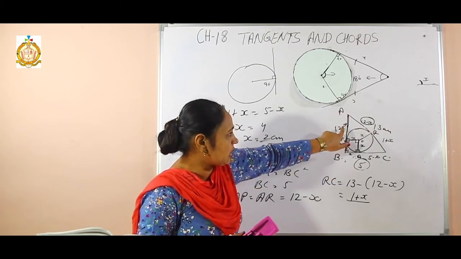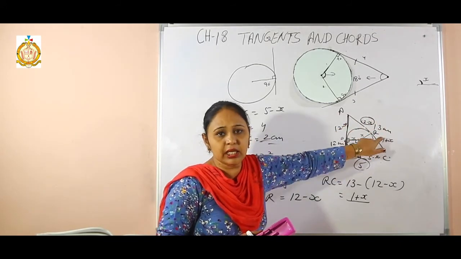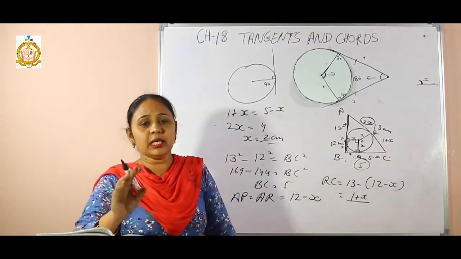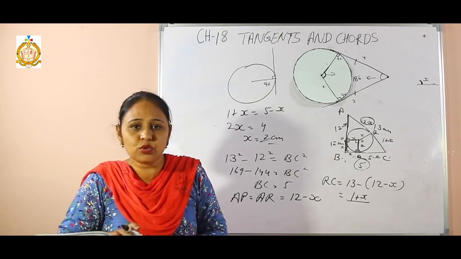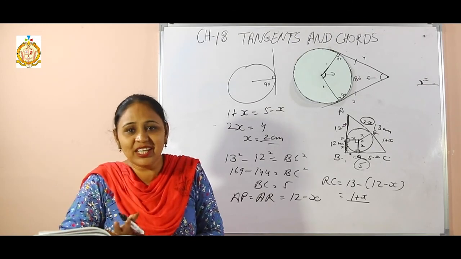I have to just use the one property. Start from here, come to here, equal tangents, value this, then subtract, value this. These are again equal, and equalize it. So please students, just learn the two properties, and on the basis of these properties you have to try to solve these sums. These are easy sums. Again, best of luck to solve these sums.